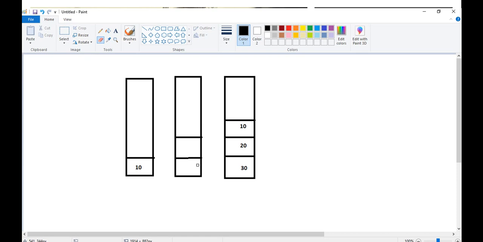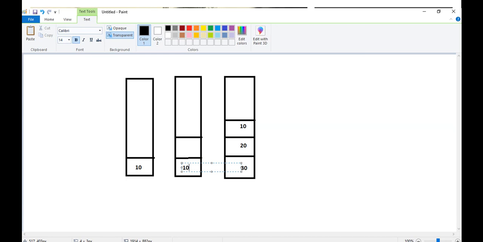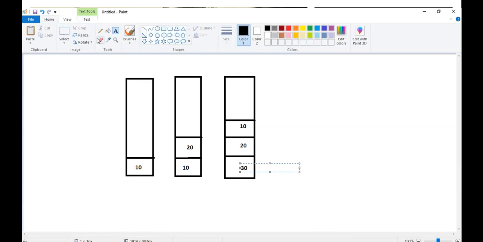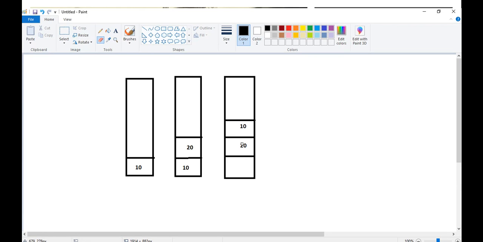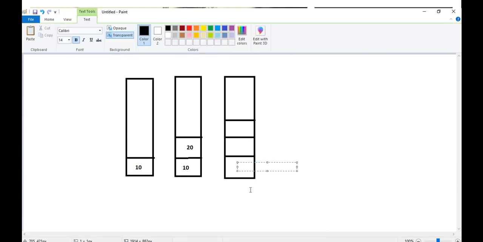So how will it be? Last in, first out. So 10 remains as it is at the bottom and 20 will be at the top. I'm sorry, I made a mistake.